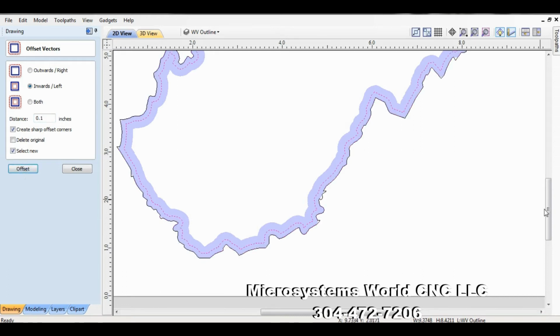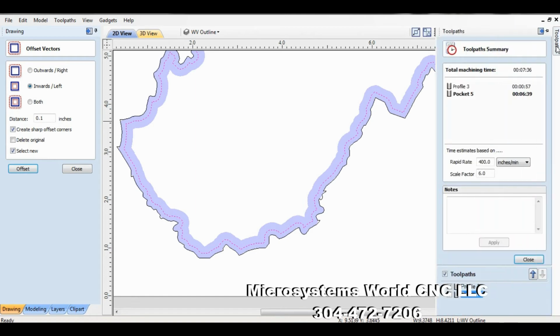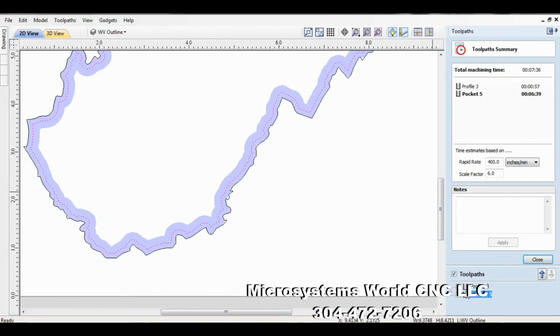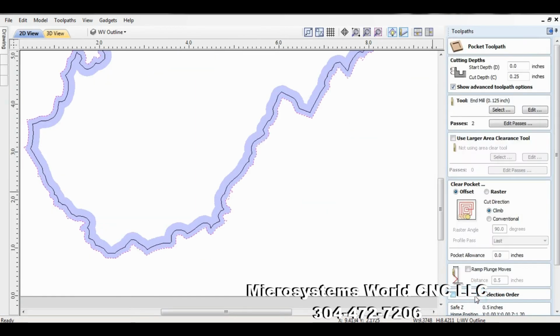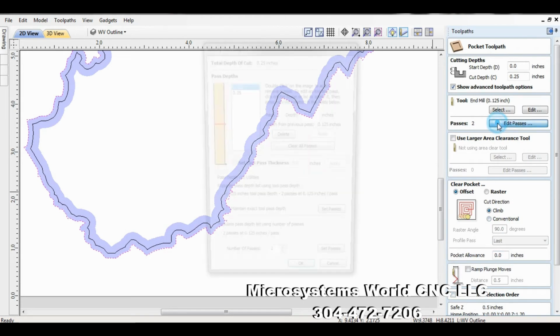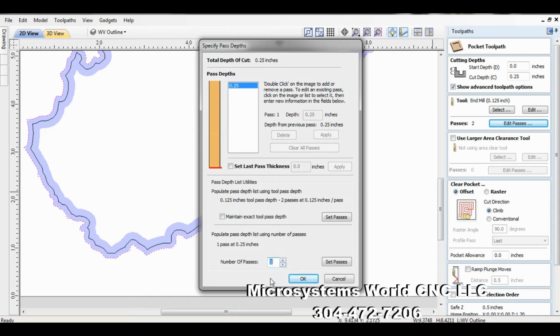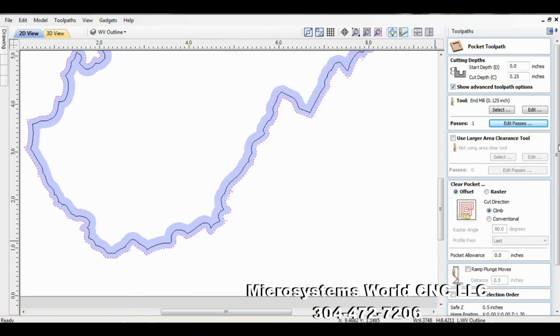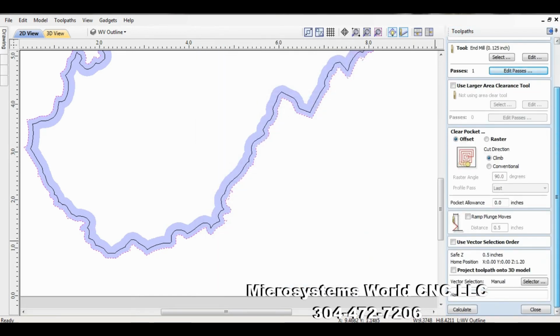So I'll do that and show you what I'm talking about here. I'll come back over to the other side. I'm going to recalculate this toolpath, and I'm going to tell it that I want to do one pass, a single pass. I'm going to calculate it again,